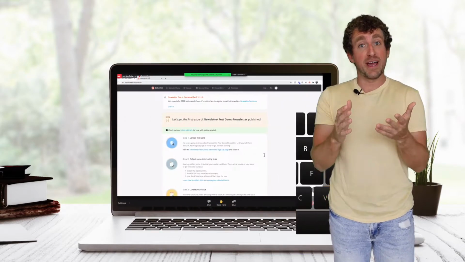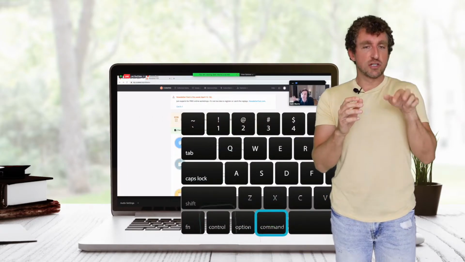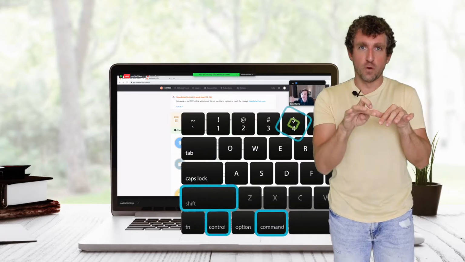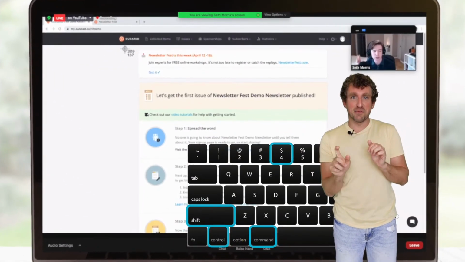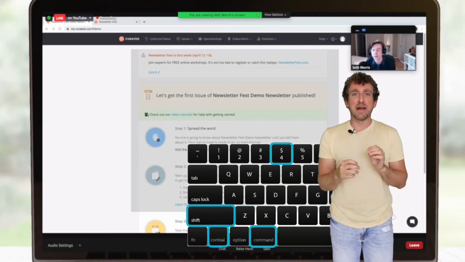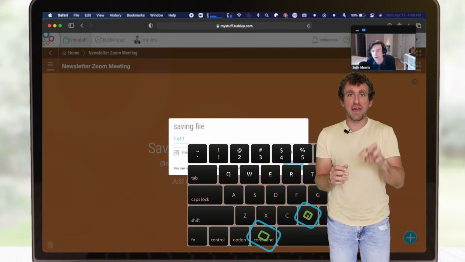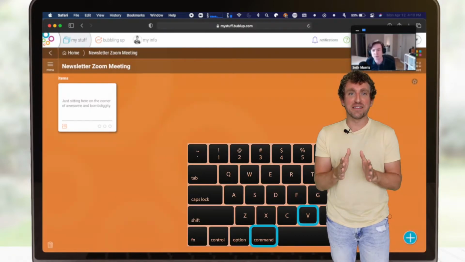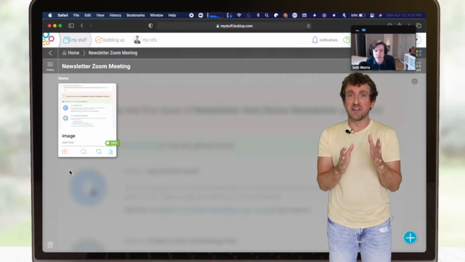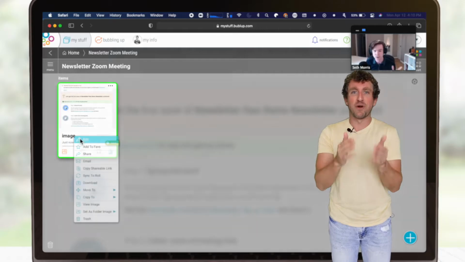So on Mac, what I can do is I can do Command, Control, Shift, 4, and then I will draw a box around whatever I care about, and it automatically gets saved to your clipboard. Then just go into any folder in BubbleUp and paste it, Command V. It drops right in there as a PNG. There's no file on your desktop, it was just right to your clipboard and right in the BubbleUp.